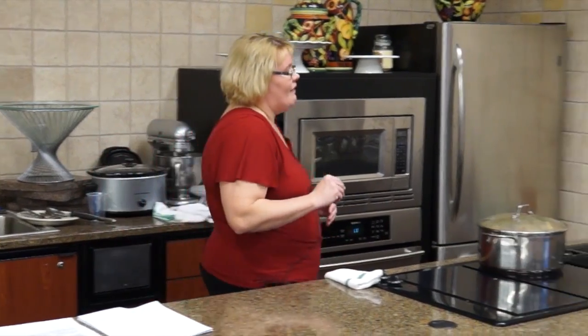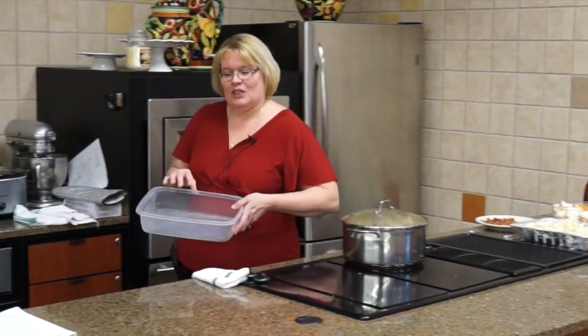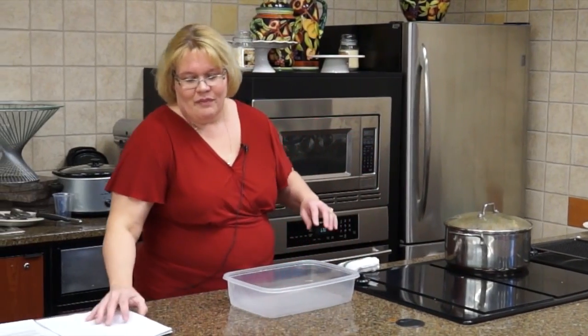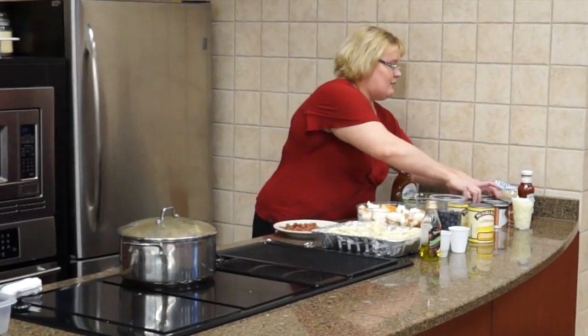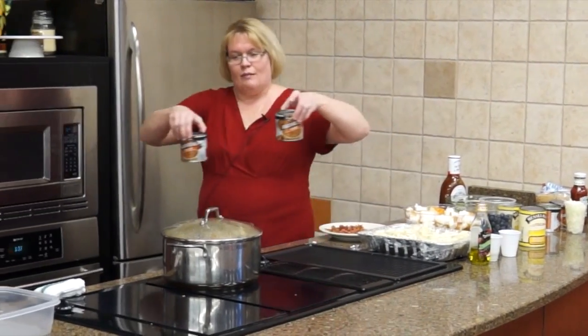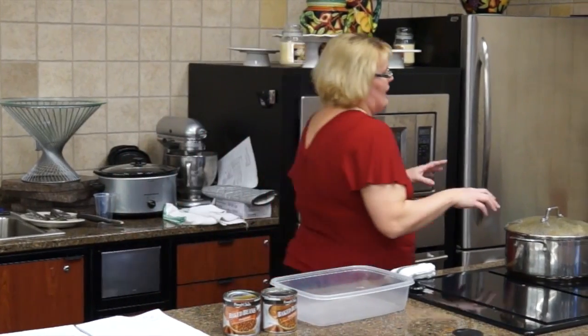Everybody has a baked bean they like. We had a lady here tonight. She said this is really close to her baked bean recipe. You can tweak it, you can add some, you can take away some. It's totally up to you. I think the next time I make it, I'm going to use the bigger cans of baked beans. Tonight, we're going to use 4 cans, 16-ounce cans